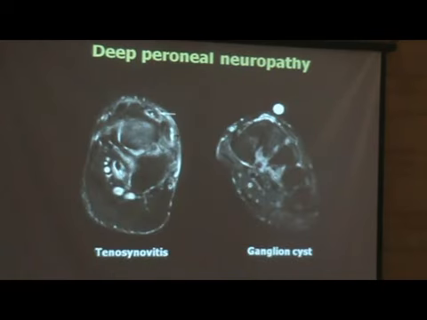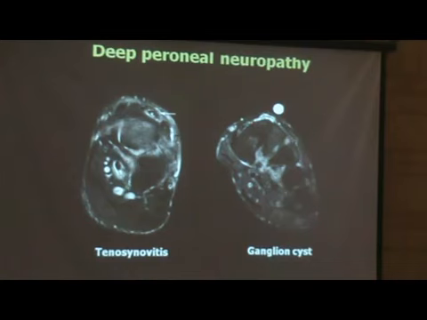So some examples for you. This is important tenosynovitis of the extensor tendons. And remember, the extensor tendons have a close relationship with the deep peroneal nerve. And you can see here some acute or subacute denervation pattern of the extensor digitorum brevis muscle. And another example: this is a ganglion cyst, and this ganglion cyst happens to be exactly